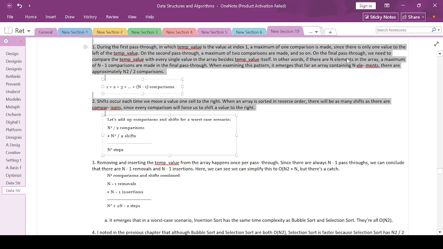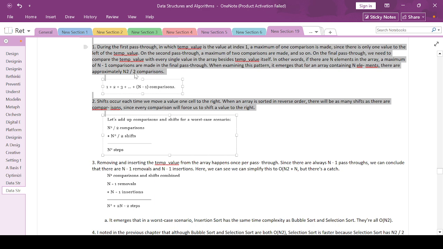In other words, if there are n elements in the array, a maximum of n minus 1 comparisons are made in the final pass-through. When examining this pattern, it emerges that for an array containing n elements, there are approximately